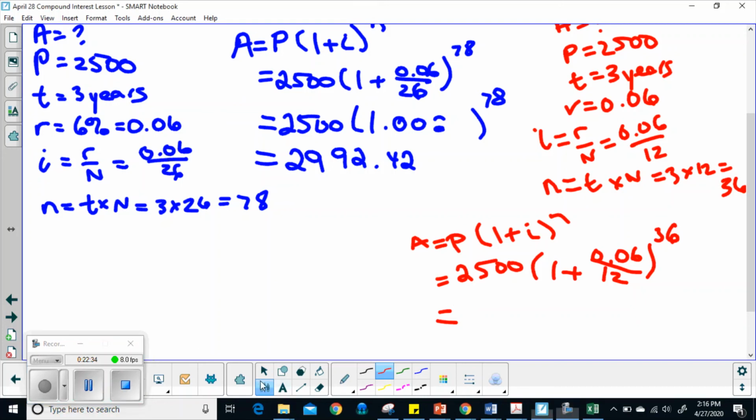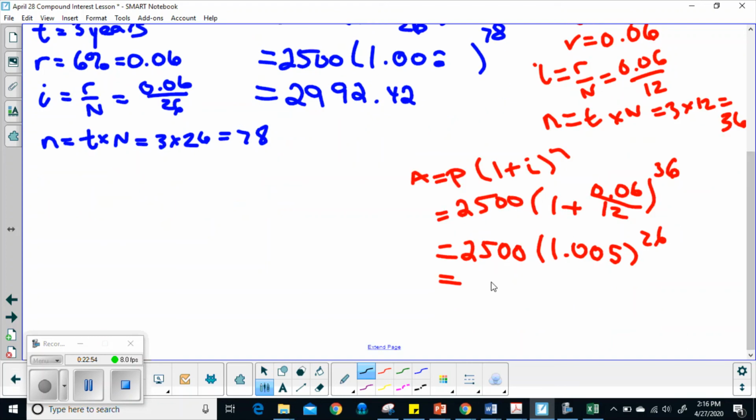So I end up with 2,500 times 1.005 all to the exponent 36. That's going to equal 1.138. So I have 2,500 times 1.138, and you are looking at a grand total of monthly